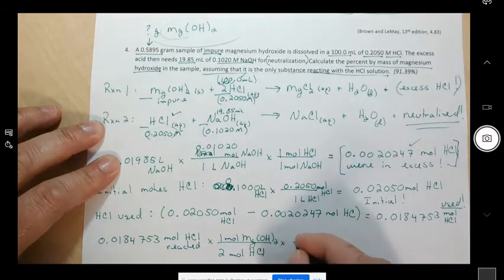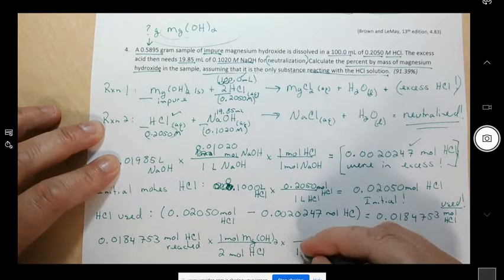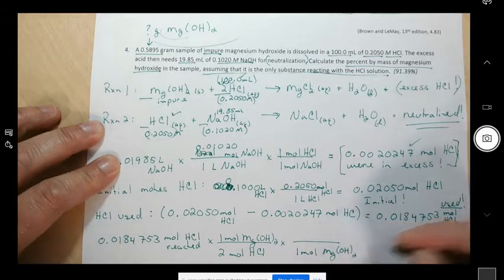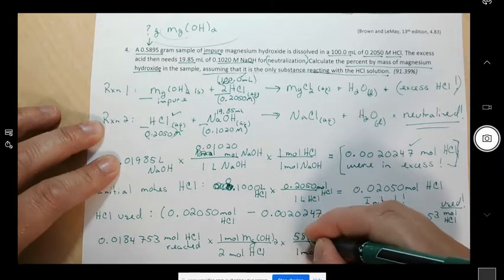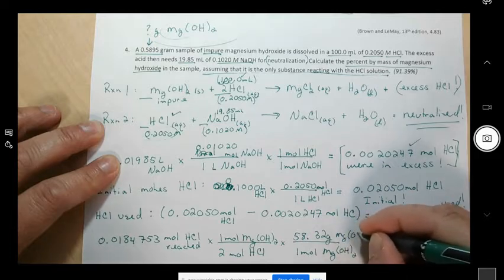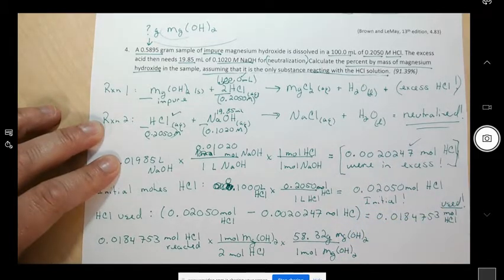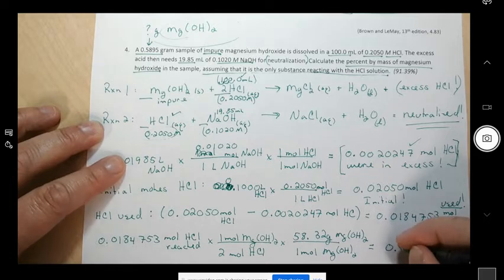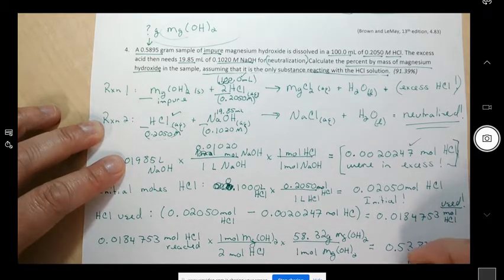And then finding the mass, 1 mole of magnesium hydroxide has a mass of 58.32 grams of magnesium hydroxide. That means 0.53874 grams of magnesium hydroxide